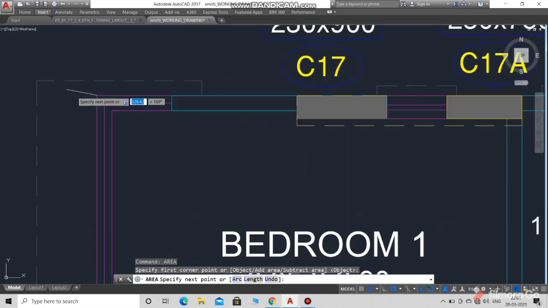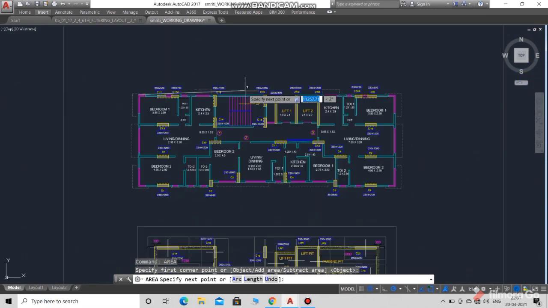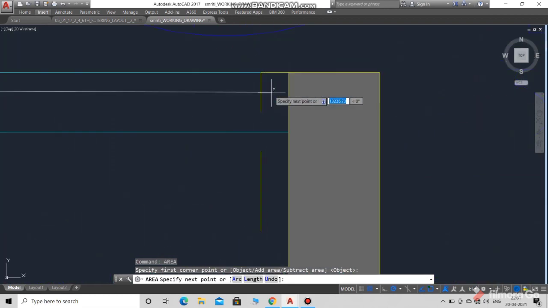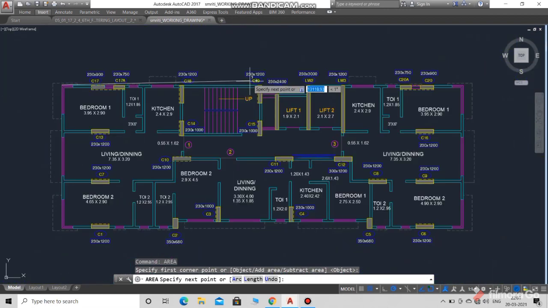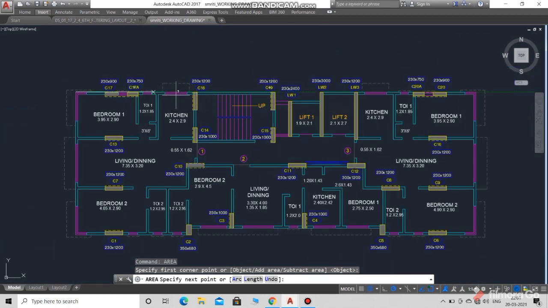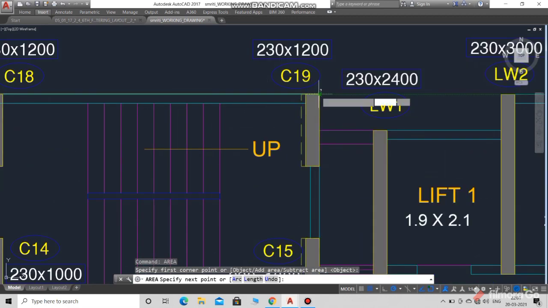It's your choice. You can select another point or somewhere else, it depends on you. So select the first corner and then select another corner. Because this line is straight, there is no offset.